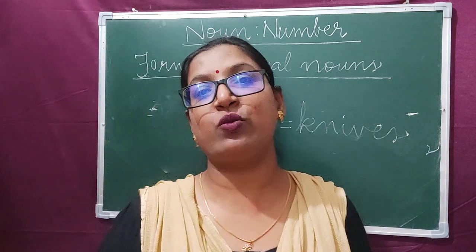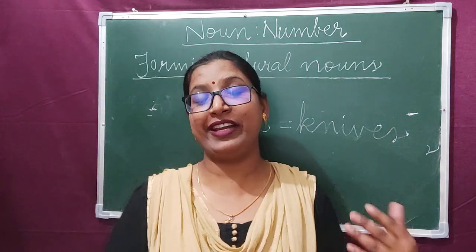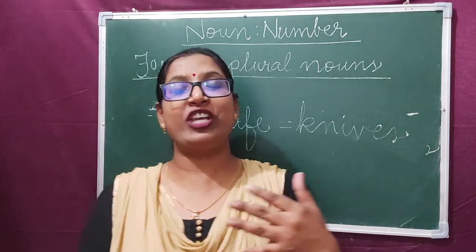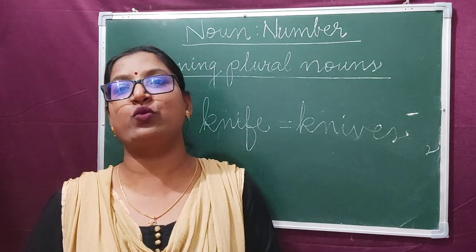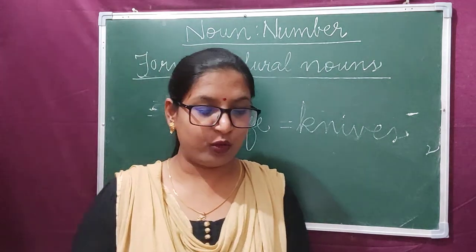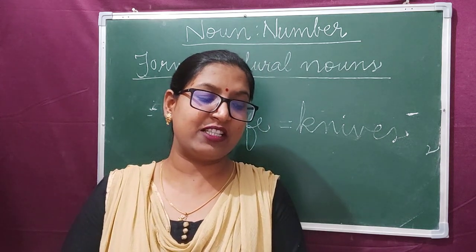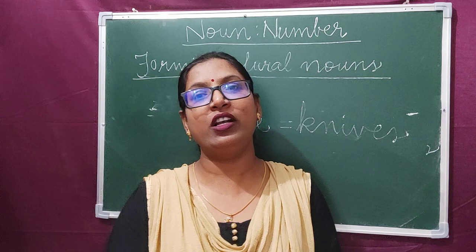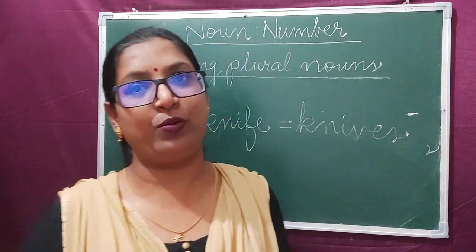So all these were the regular nouns. Why these were the regular nouns? Because for changing them singular to plural, we add S or ES with them. Clear? So I hope this much is clear to everyone. Now in the next class we'll discuss about irregular plural forms. How we change from singular to plural.